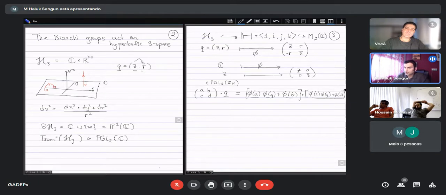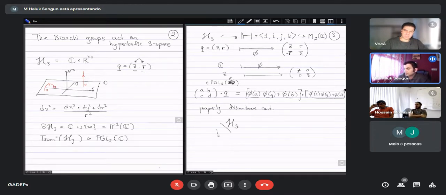You can unfold this and get a very tedious description in terms of these 2 coordinates. You can find it in the literature in a lot of places. But anyway, this is the action. And this action is properly discontinuous. I mean, this actually works for any element in PGL2C. Anyway, so this is a properly discontinuous action,